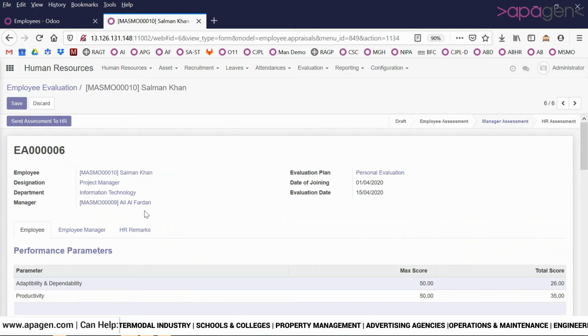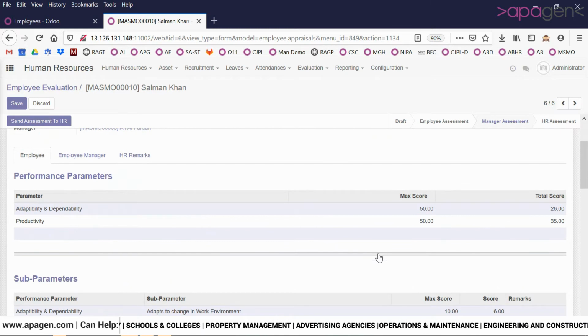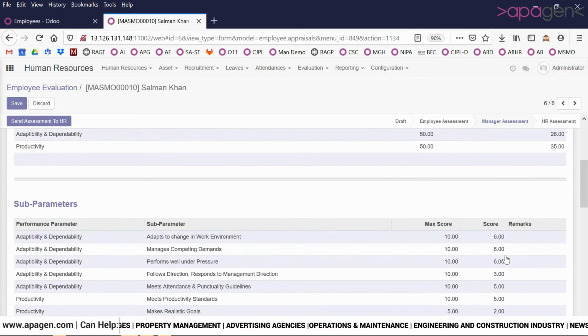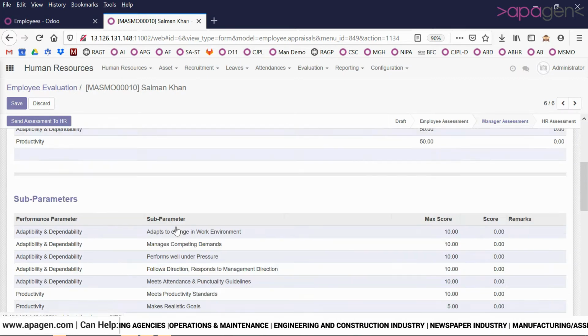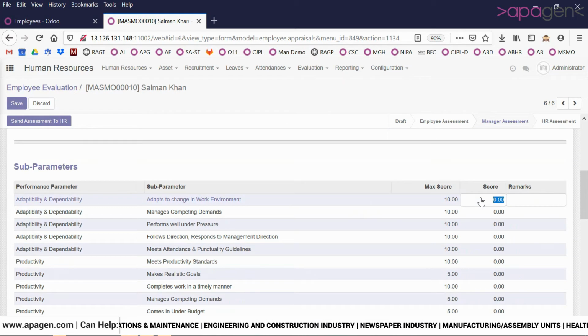Once the manager comes into the picture, he can see the scores that have been entered by the employee, but he cannot modify them. He can then enter scores for himself based on his assessment. So I'm going to make the entries.